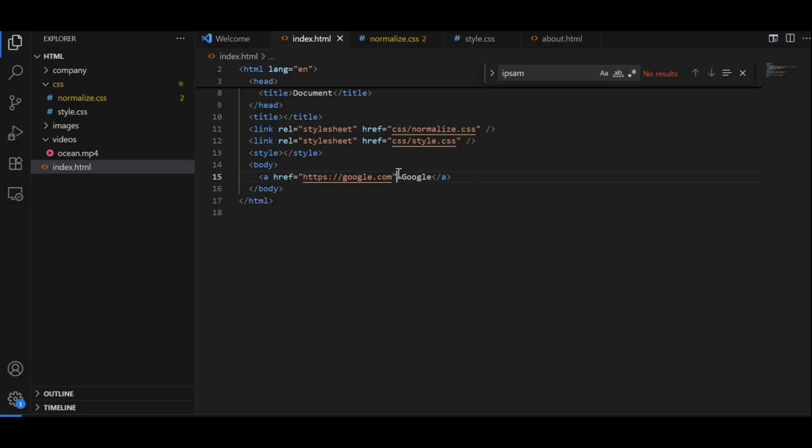Now for this anchor, let's keep target as blank, okay, like this. Do you know what it does? It opens in a new window or blank new browser window, right? So now let us define a style for this element. So let's go to